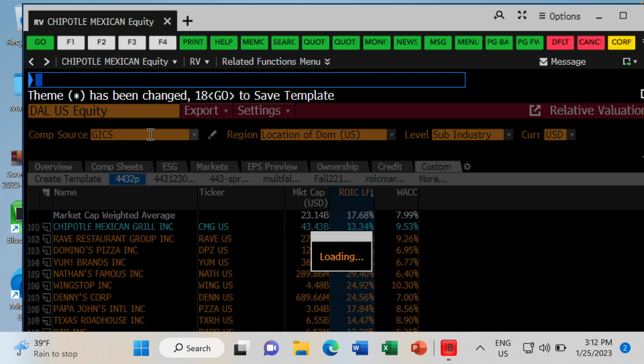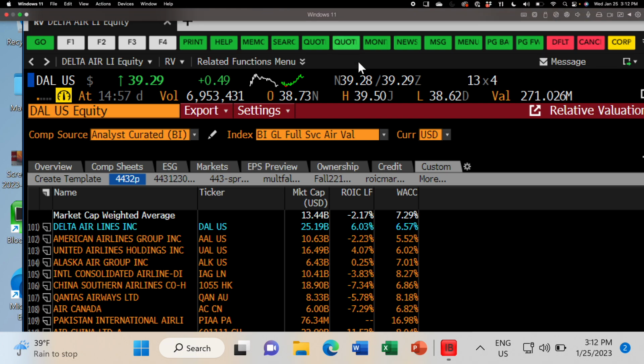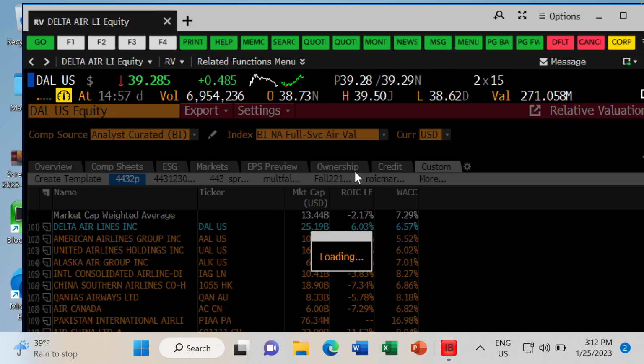And what you're going to quickly see is the average North American airline had a negative ROIC. If you look through this list, Delta's doing okay, but no one has a positive spread, and every single one of these airlines is struggling. I'm now looking at global airlines. I could switch this to North American, full service, which will include Delta, American, Southwest, United.